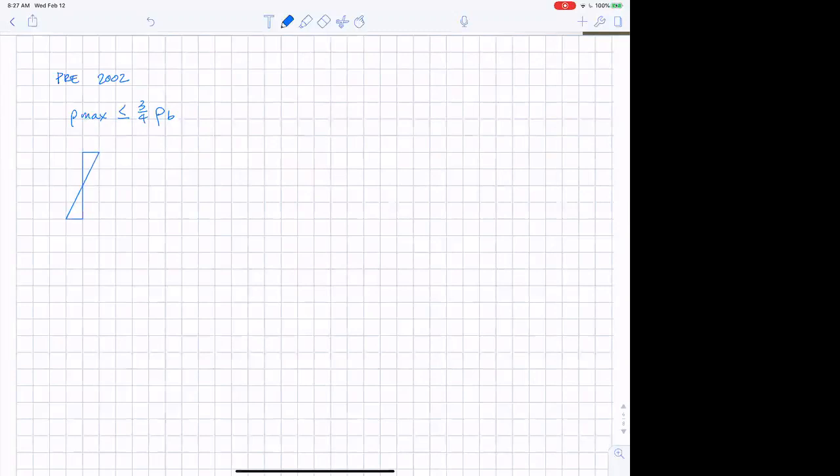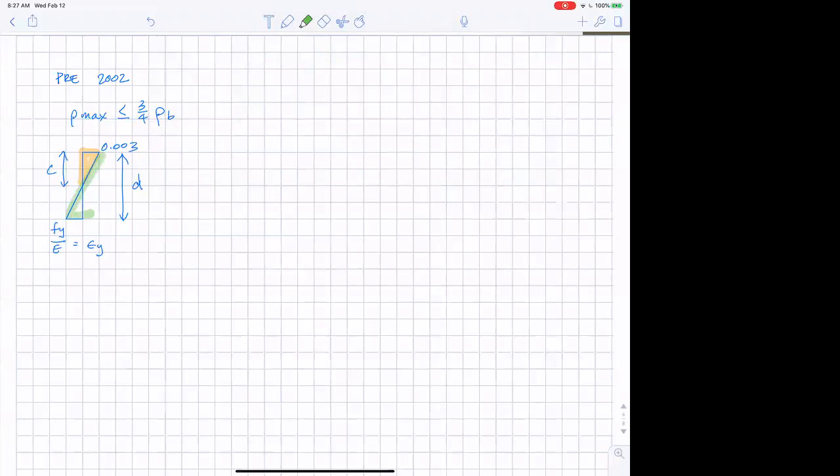oops, that's not supposed to be equal. That would be 0.003, and this would be Fy over E, which is the strain at yield. And so this is C, and this is D. And we're going to do this little trick over and over. I'm going to just show you once. You look at that triangle